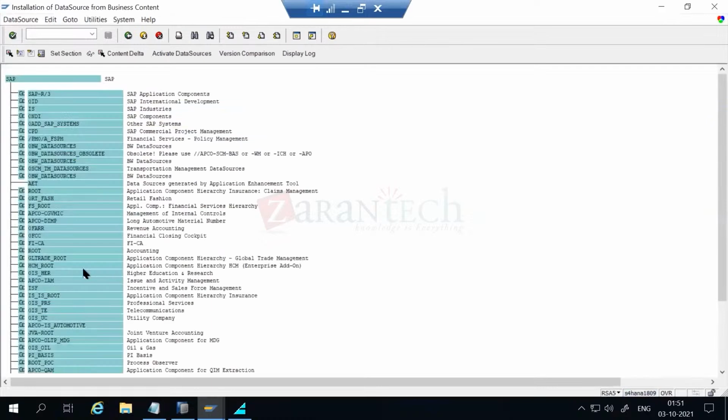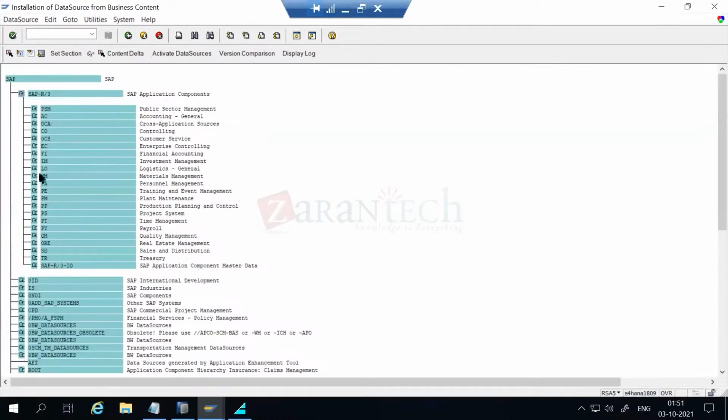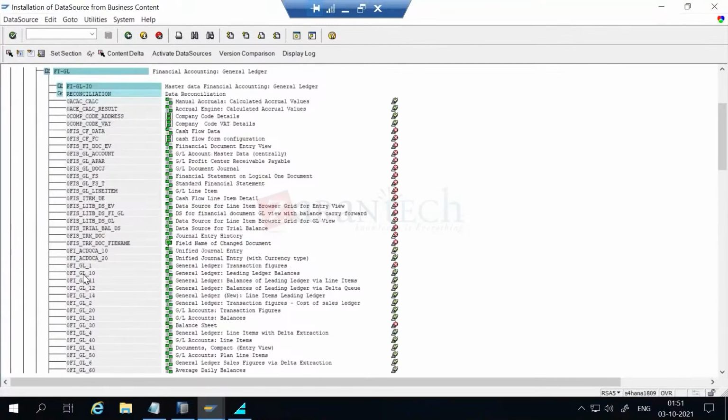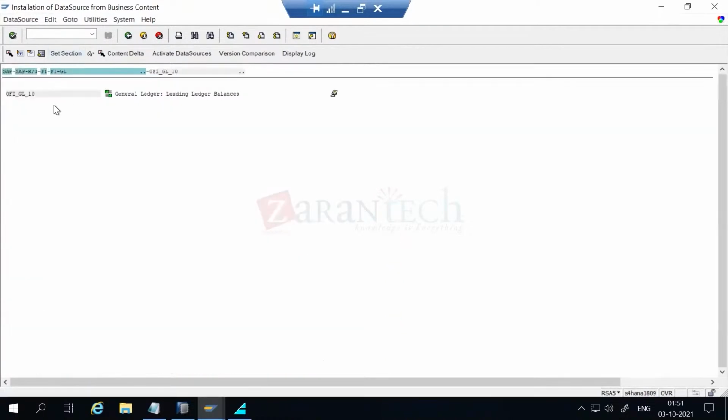this is very sensitive now. I have to be very careful. So I just select something here in FI general ledger. And then I have to activate the data source. So if I have to activate, you can see that, okay, I can activate like this. But sometimes you might inadvertently select something else. So better set a selection on this one. I put a set selection on this one. Now I know that I have only one data source visible, and I'm going to activate the same data